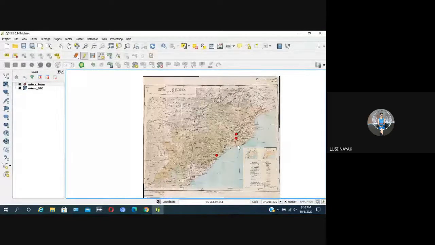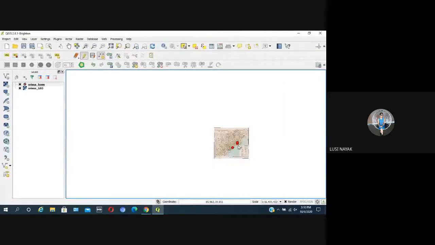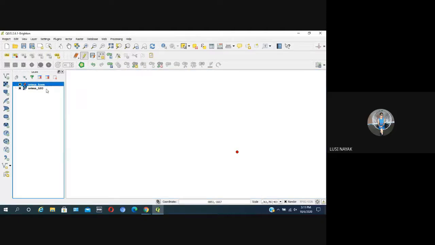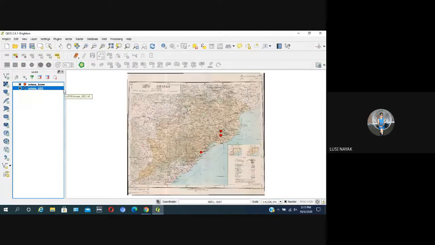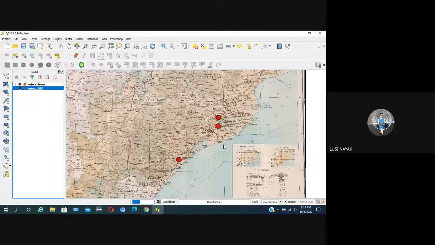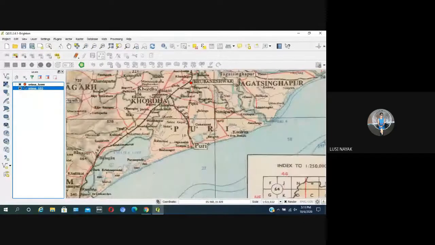Make it complete white. Now your map is not visible, you are lost. How to bring it to the previous extent of zooming? You click on the Odisha map in the content box, select it, right click, zoom to layer, it will come again. Clear? Clear. Then next point is Puri.